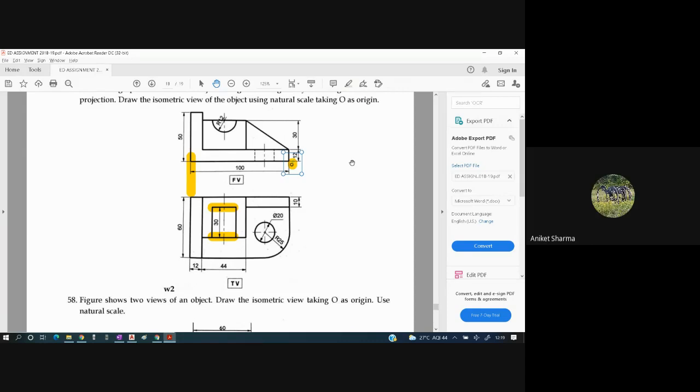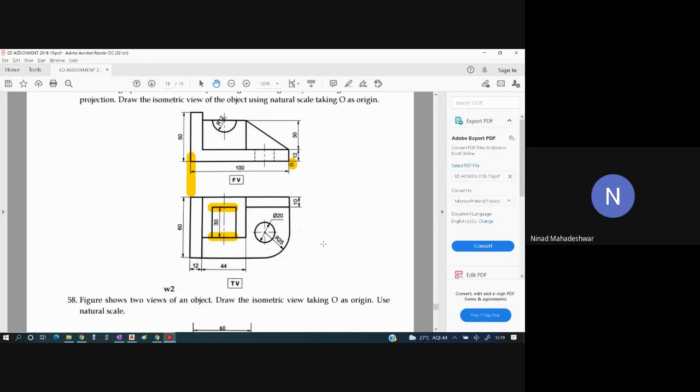Sir, this arc part is total 50, right? 50 is the length of the arc part. No. Understand, I'll tell you how to draw that. This entire part, which arc you see, has a radius of 25. So from here, this is a quarter circle of 25. There is no circle out here. What you're talking about is 50 mm. That is not there. That is only 25 mm from there. Okay, sir, understood.